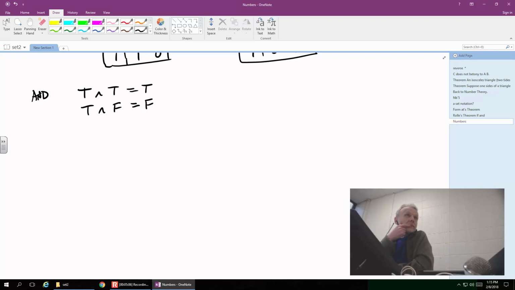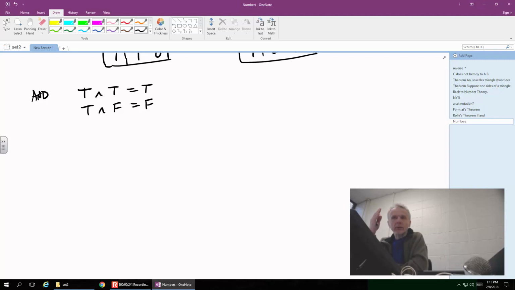Because false is dominant, it takes over the truth. You have false in your statement, so it has to be false. Well, kind of, yeah. So remember what "and" means. It means that both of them have to be true for the whole thing to be true. That's the way we did it a few times, mostly with algebra.